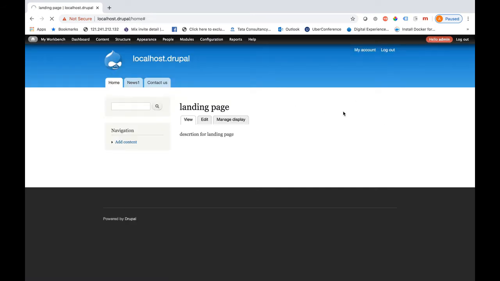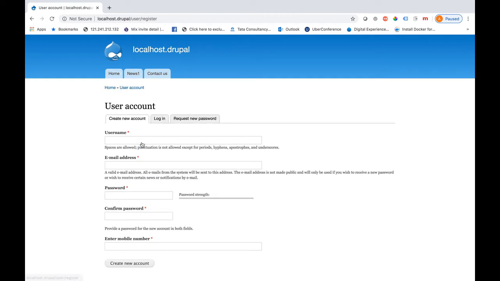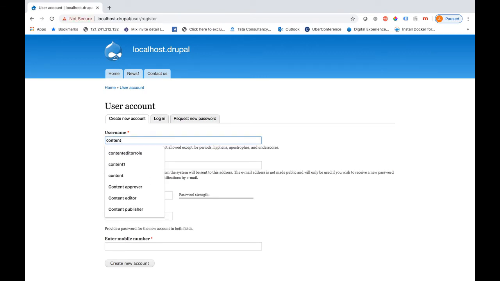Now I will show you by logging out from the super administrator screen, and I will try to log in as a new user. Okay, so let me click on create new account. Let me give any name. So I have given content editor new.